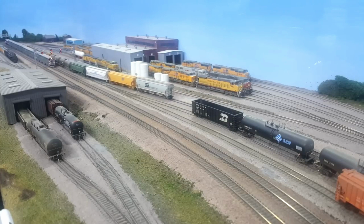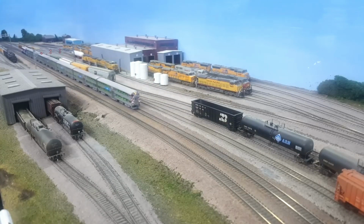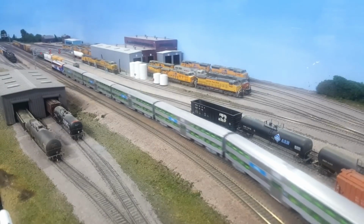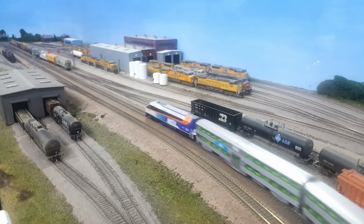All right, here you can see the commuter car being used as a conductor booth with ditch lights and headlights. That looks pretty cool. As you can see here also, I try to keep things